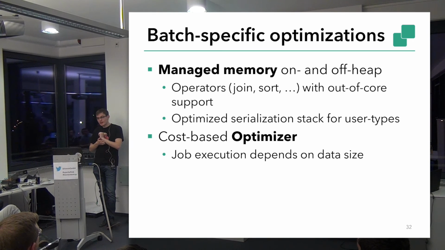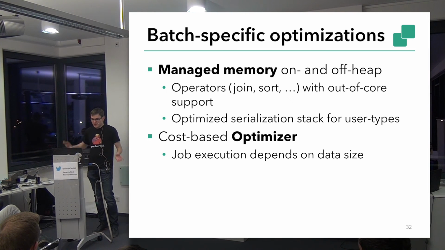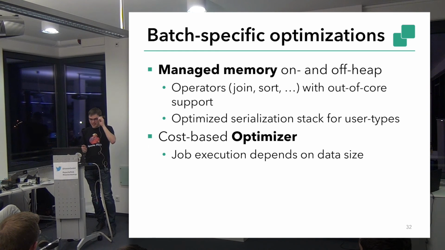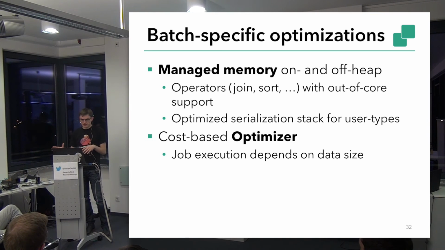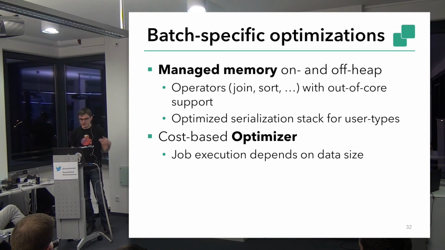Hadoop is mainly doing very robust computation on top of the JVM. And Spark is basically on the opposite side. They are just putting everything onto the heap, and they have to be very careful with the heap, not to run out of the heap space. And Flink is in between these two systems, because we have managed memory. We are very aware of how much memory we are using because we manage memory ourselves. But we have these optimized algorithms also for stuff like joining, which Hadoop doesn't have.